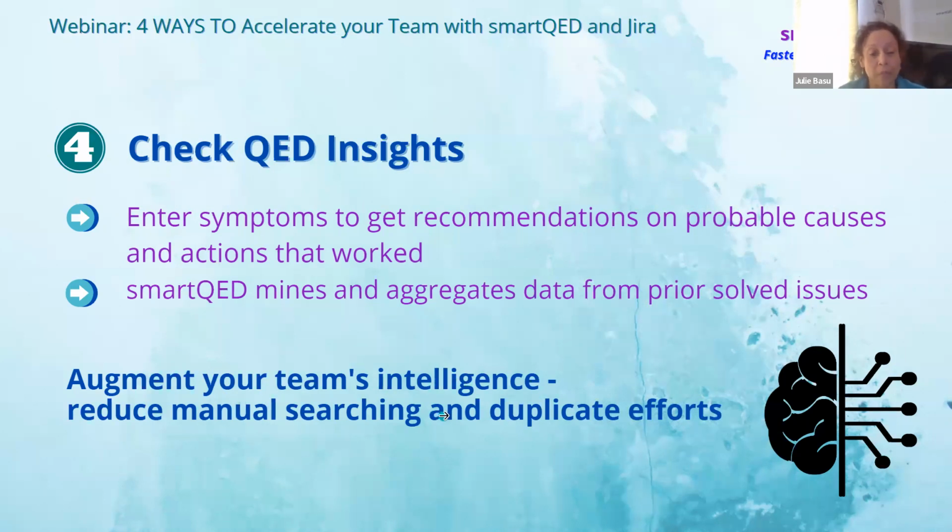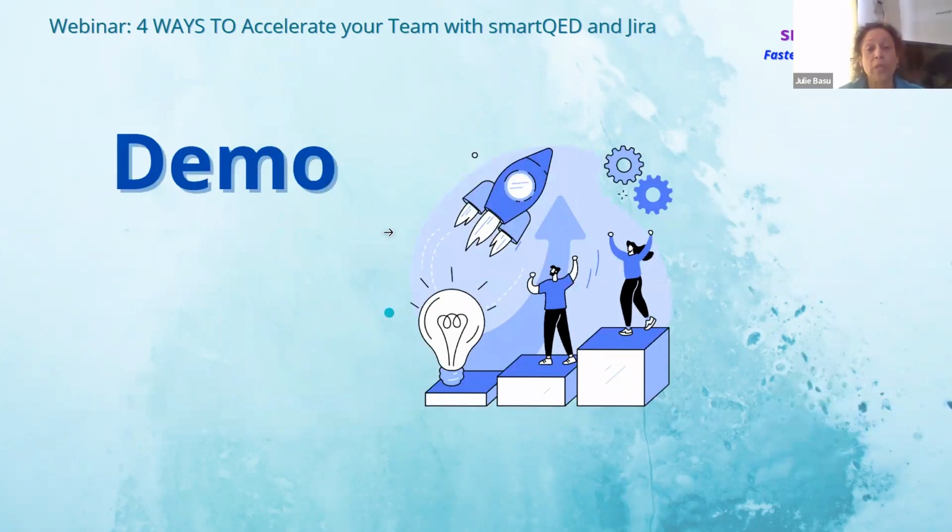intelligence. It reduces manual searching and duplicate efforts, because oftentimes you don't have the patience to read all the 10 incidents that look similar, right? But you have to do that because that's what the keyword searches will return. They'll return a bunch of matching problems, and then you click on it and you decide which one is your current problem, right? So here's a demo. Again, this is a core capability of smartQED. It comes built into the product, and